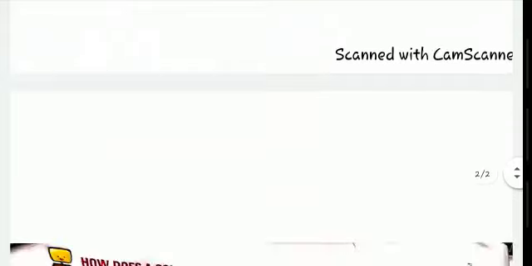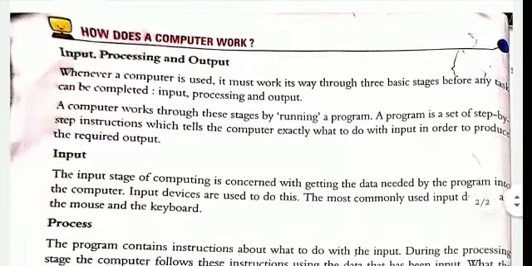Now we come to the second topic, which is how a computer works. A computer works in three stages, which are input, processing and output. These three stages are compulsory for performing any task or running a program in a computer.